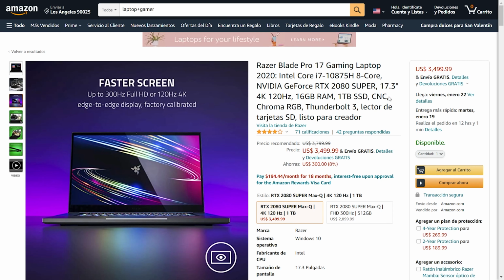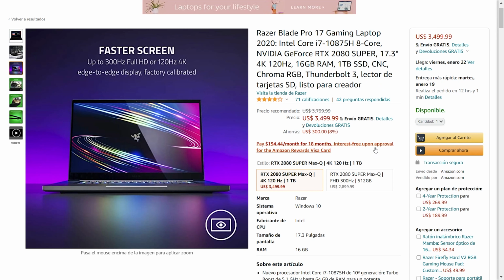Now this computer is a complete monster, as you've noticed, and the price also is a monster, guys. $3,500 is way too much for a laptop. Yeah, the specs are fantastic, but they're not worth it, guys. 4K screen. Why do you need a 4K screen in a 17-inch? You don't really need it. You're not going to be able to see the complete range of the pixels in particular, so I don't recommend